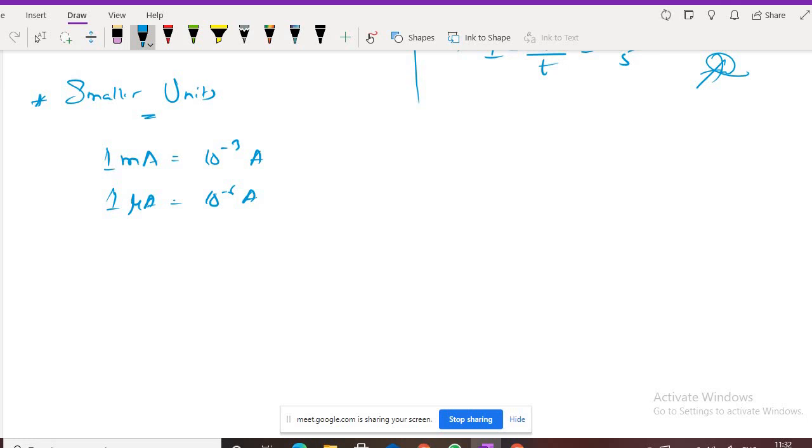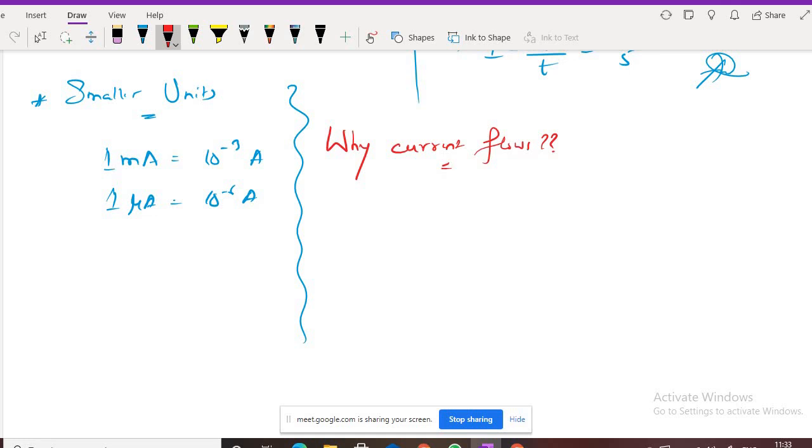No, sir. There is a fact that you should know: why does current flow? What is the cause? I have explained to you regarding the potential difference. Tell me yes or no. Potential difference I have applied. Due to the potential difference, current flows in a circuit. So potential difference is the cause,